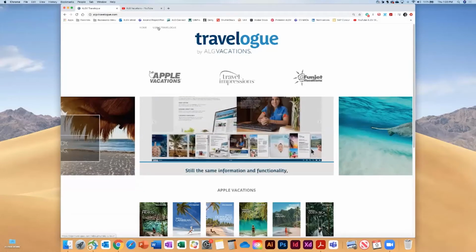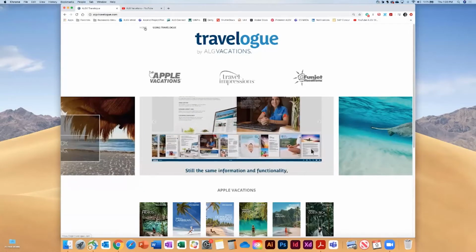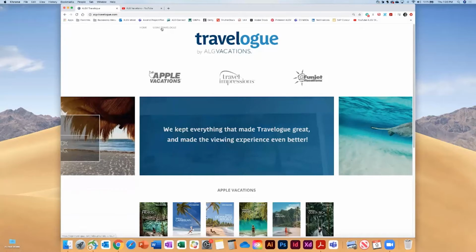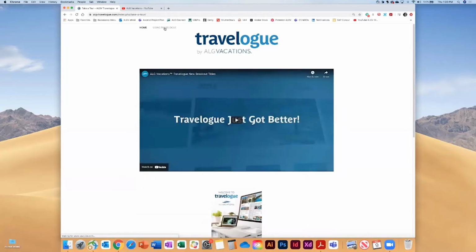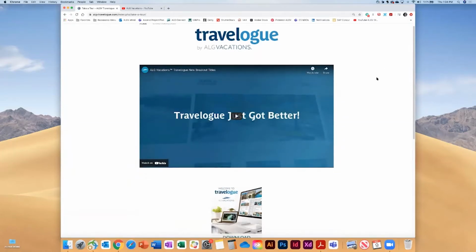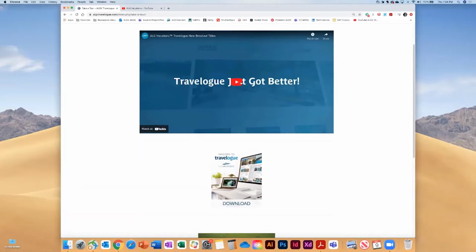Up here, you're going to find the easy navigation to get around. It's not a very big website, so there's not a lot of breadcrumbs that we need, but there are a couple of different sections. The first one, if you're new to Travelogue, I recommend you go to Using Travelogue. Here, we're going to have a walkthrough or videos of whatever new improvements that we have. We did just do an improvement that I'm going to talk about later when we did breakout titles. Whenever we do an improvement, I'm going to make a video that explains it, and I'll put that on our